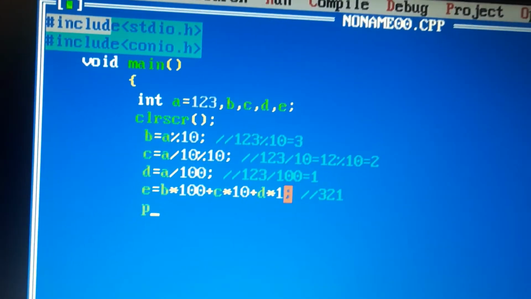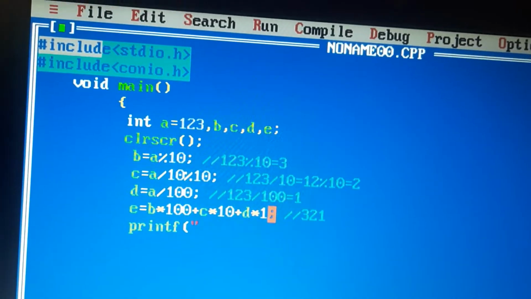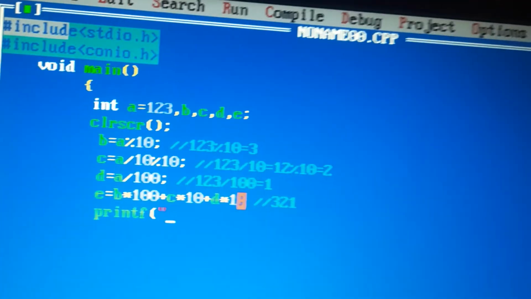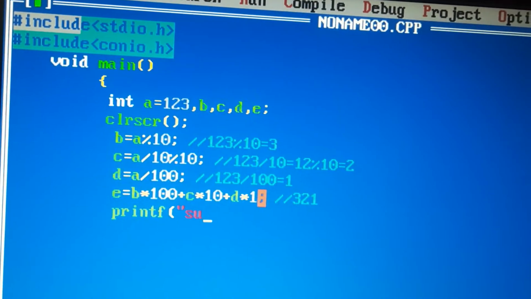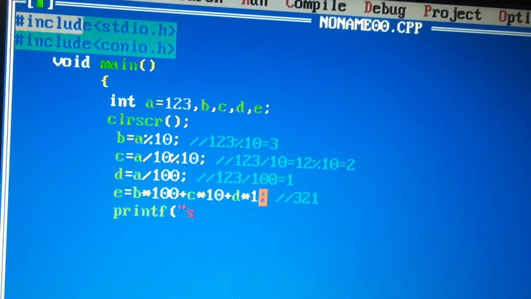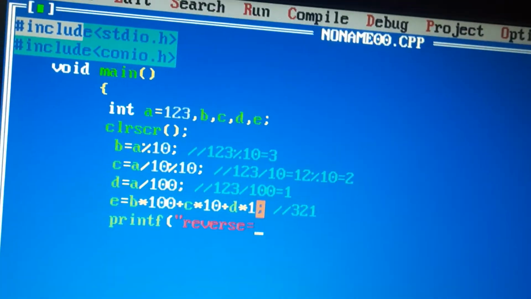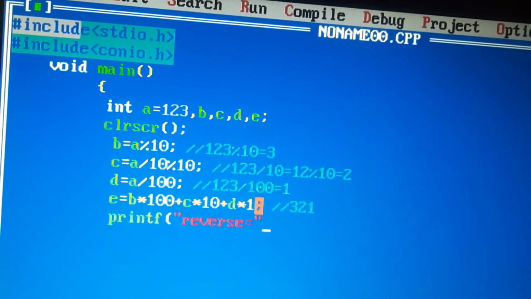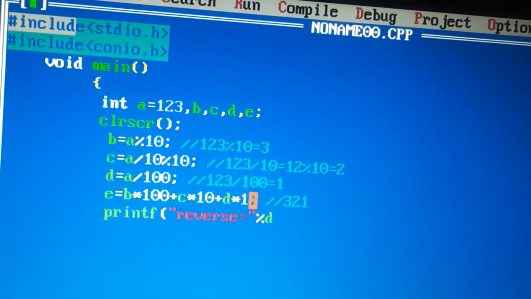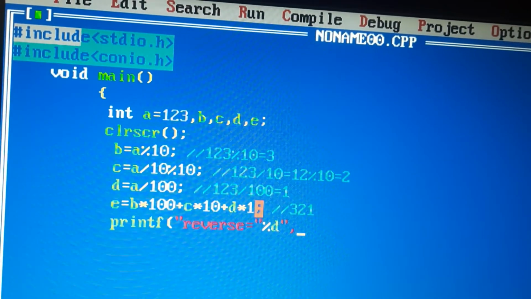Okay, printf. For printing, what I am using are integers, so I have to use percent d. Sum is equal to, reverse equals percent d, comma.